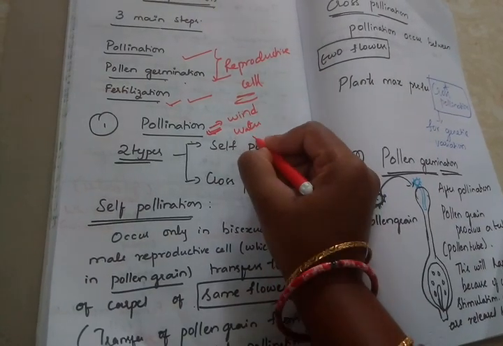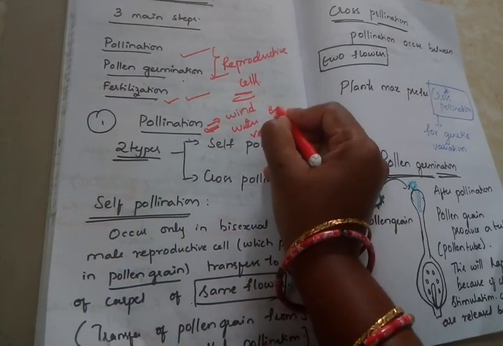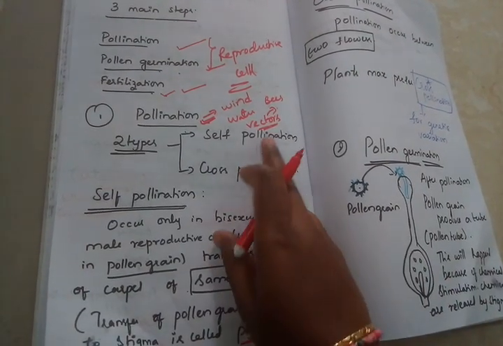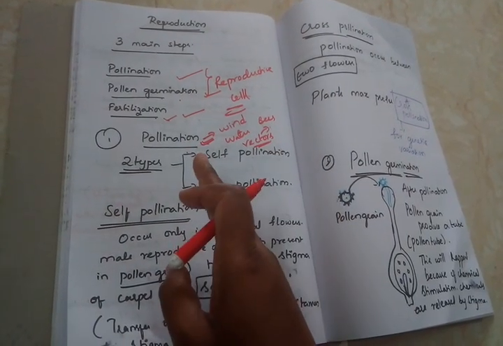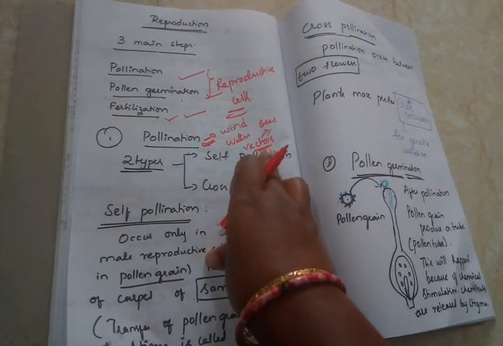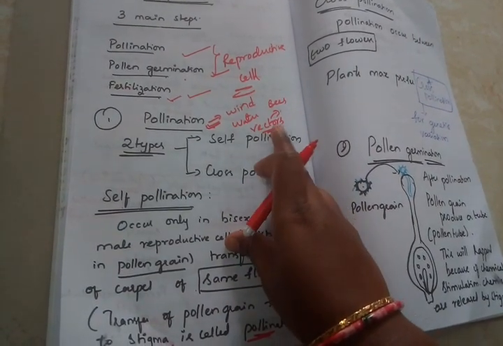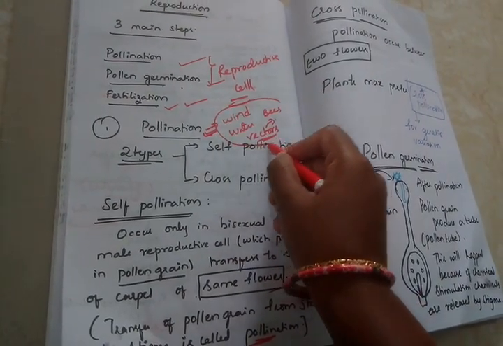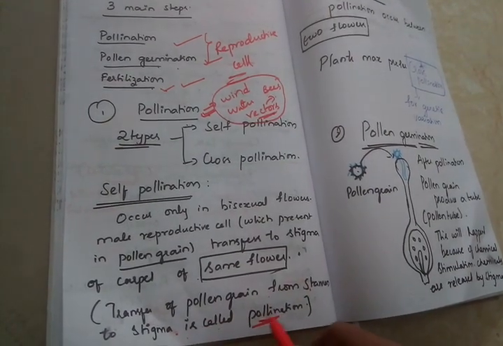Pollination majorly occurs by wind, water or by any vectors. Vectors are nothing but animals, that is bees, butterflies, mosquitoes and some other animals. They transfer this. Sometimes by the wind only the pollen grain will fall on the stigma, and pollination happens by that; or sometimes by water, sometimes by vectors. When bees want to suck the juices from the flower, honey bees and others, that also helps pollination. So nature generally helps with pollination. This transfer of pollen grain from stamen to stigma is called pollination.